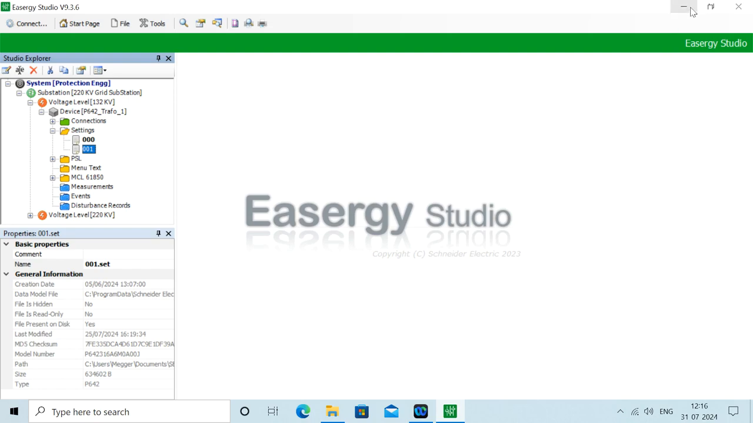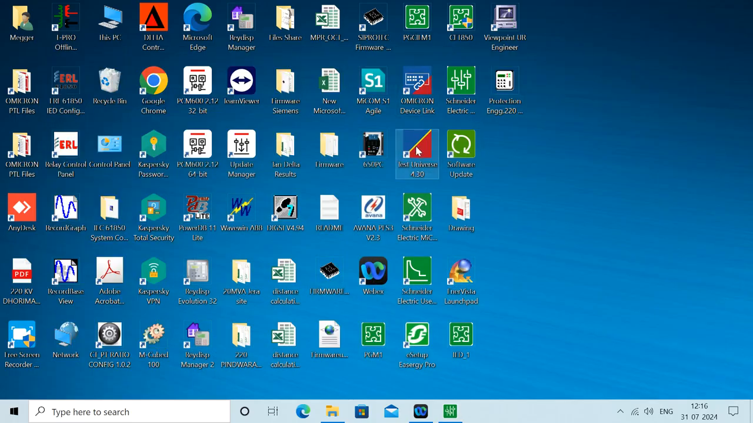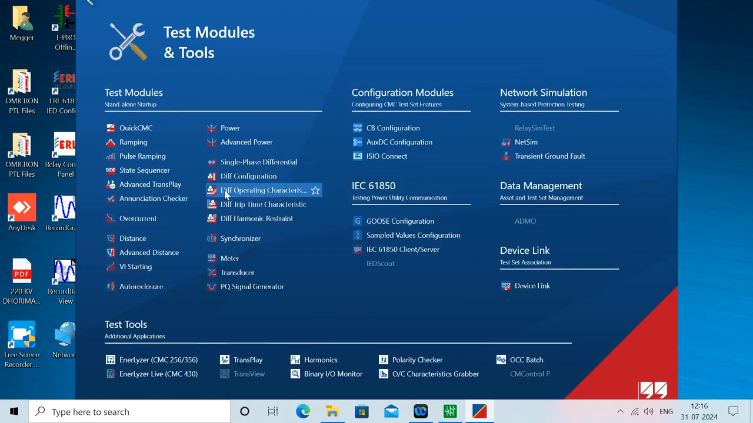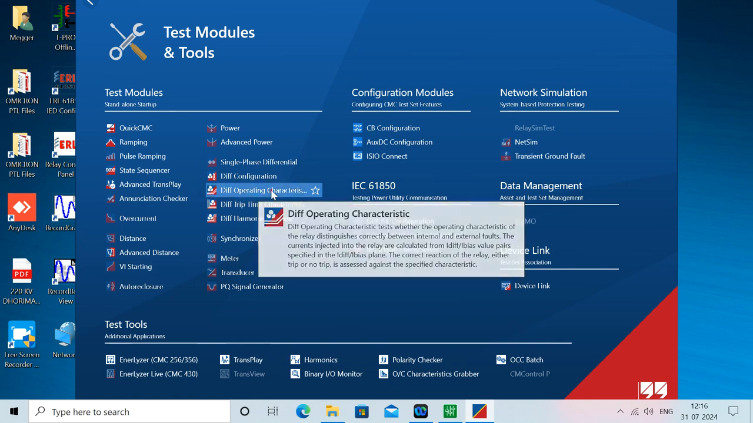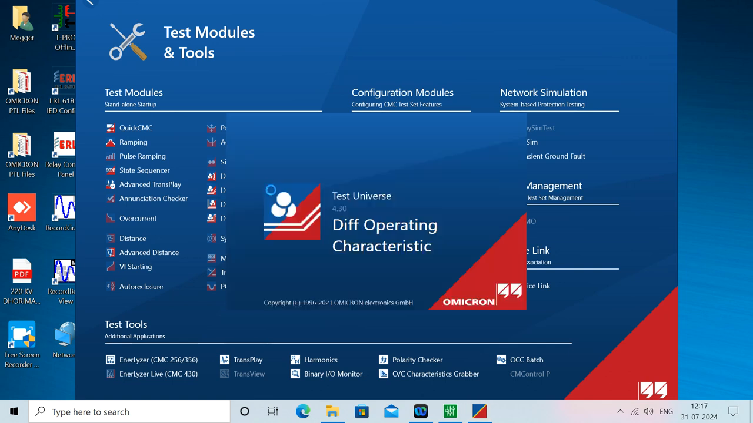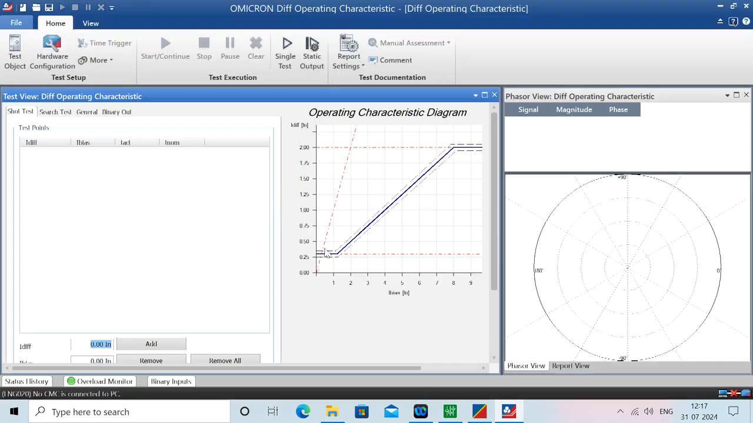Now move on to the Test Universe software of Omicron, and now we have to select the differential module, the differential operating characteristic module, because we will test this relay using the characteristic curve. Now to get that characteristic curve, we will see what the procedure is. Now this is the default characteristic curve which is there in the